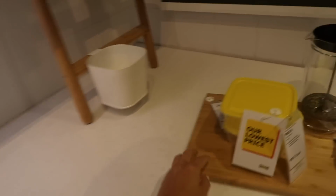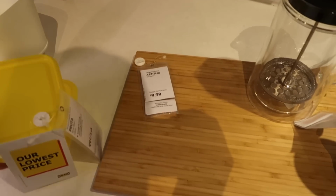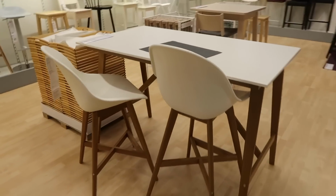Yeah. Oh, it's $10. I think it's free. It's free. Right there. Oh, yeah. That's reasonable. Okay, we're getting a bag because now we're getting stuff. Plant one, check. Okay, so we already bought this, but I thought I would show you guys since I'm gonna